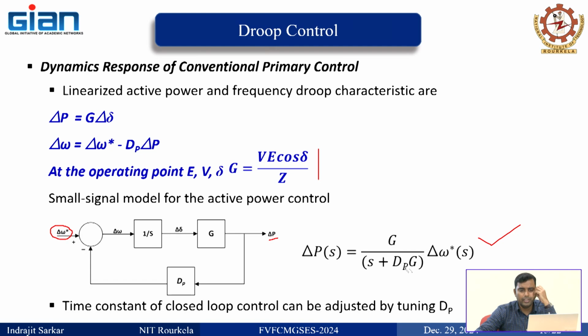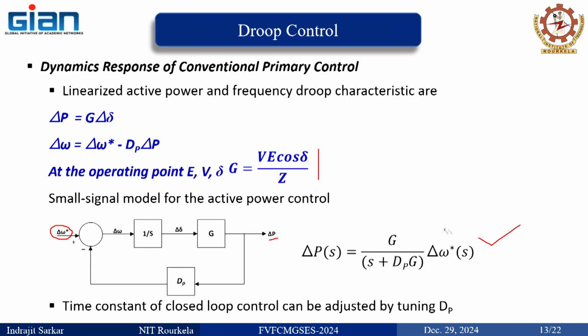Here, if we adjust this dP, then the time constant of this closed loop can be controlled. So during a dynamic change in active power, this is how we can control it, by controlling the delta omega. This is the variable that you have to control, by which you can control the active power. And this is only valid